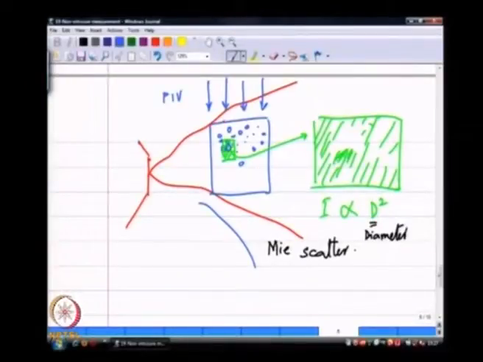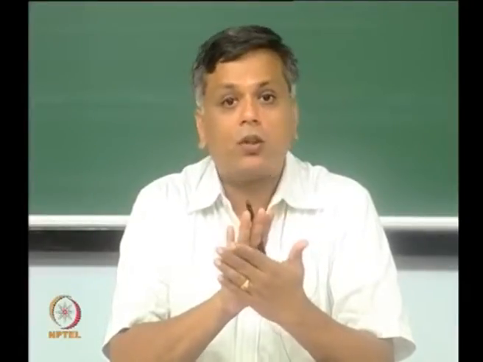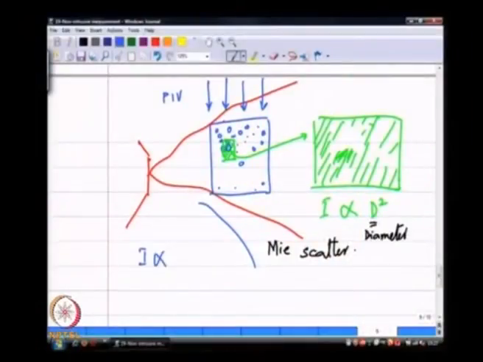And if I receive different amounts of light from different points in this image, I can now, knowing the intensity of the light coming in and through some calibration process, let us say before I came to this experiment, I went through a calibration process where I put drops of a known diameter into the same light sheet and then measured the intensity of the scattered light coming towards the camera. So, from that, if I take this I proportional to d squared, I can now convert this to I being of the form k times d squared. So, k is a calibration constant